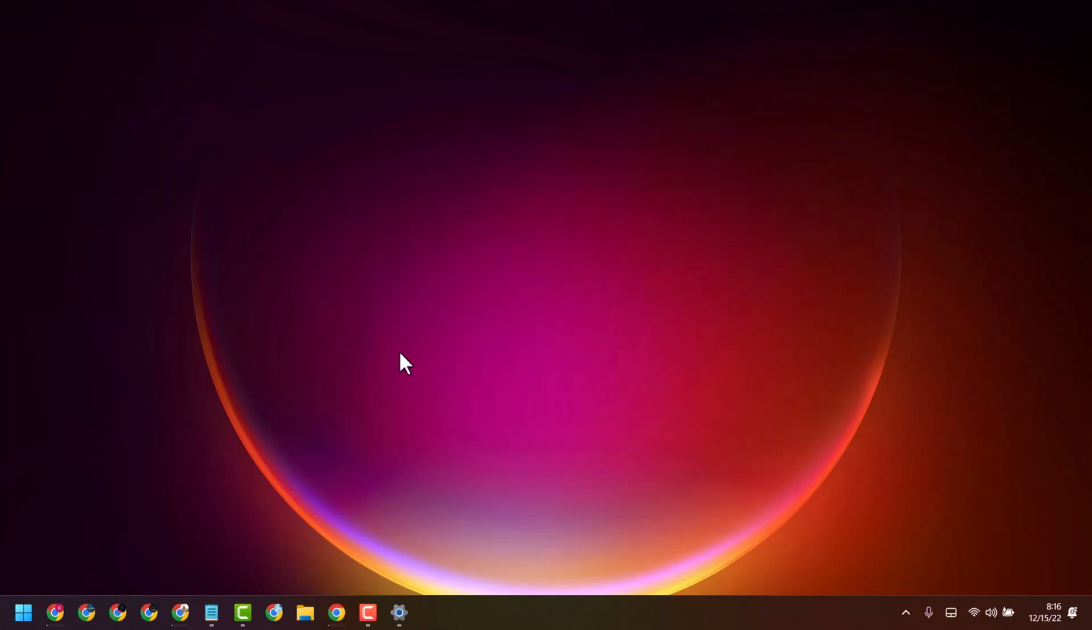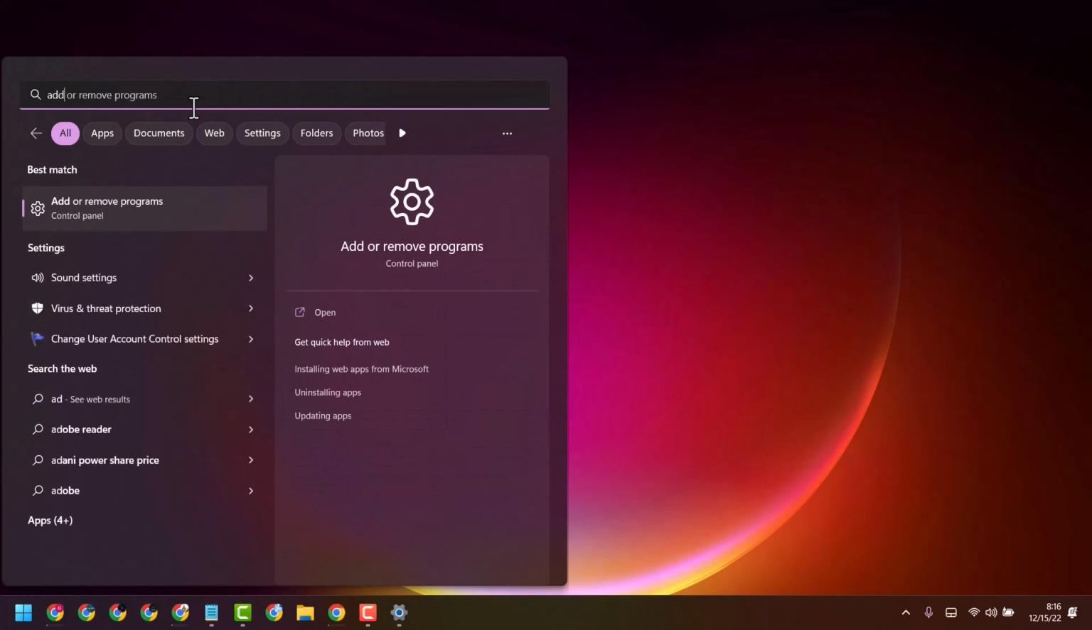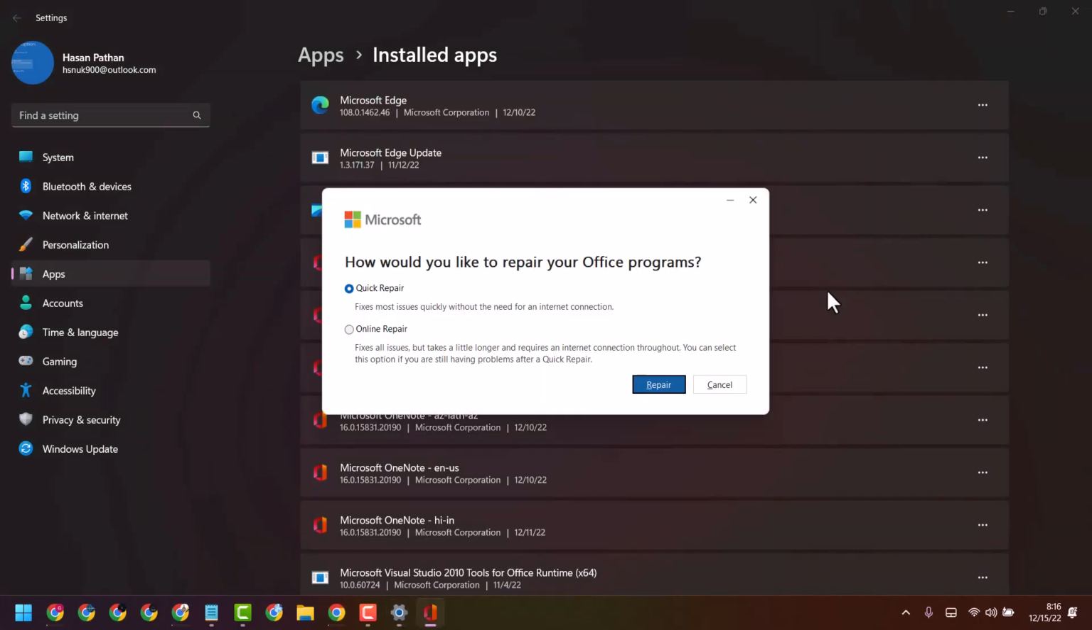So this is the first method guys. If this method not work, so you can try second method. Again open add or remove programs, and here now again click on this three dot in Microsoft Office, modify, click on yes. Now this time guys, you have to select this second option, online repair, fixes all issues but